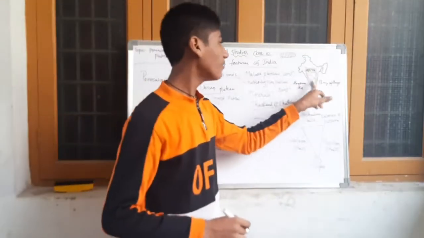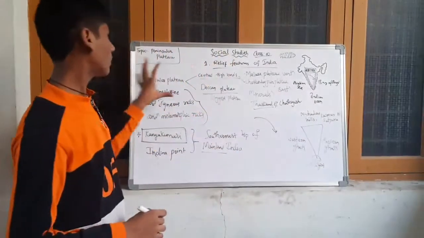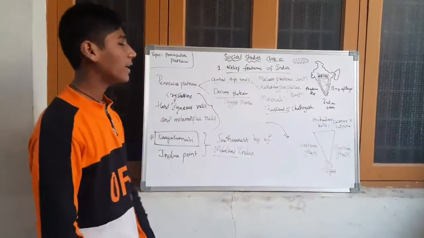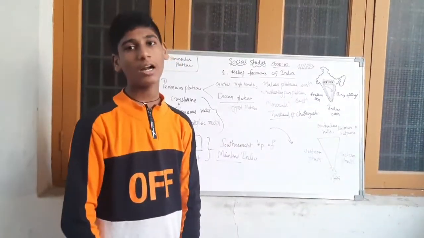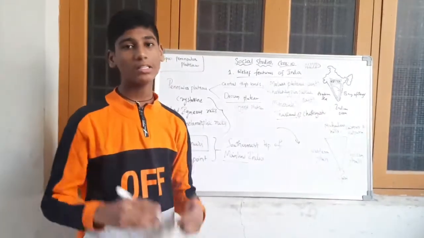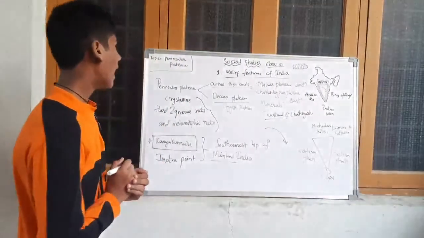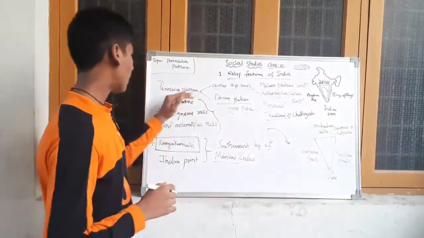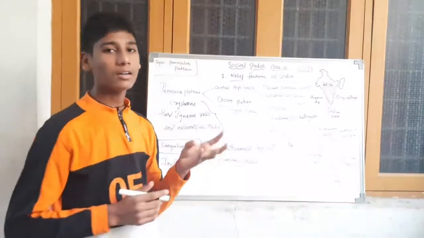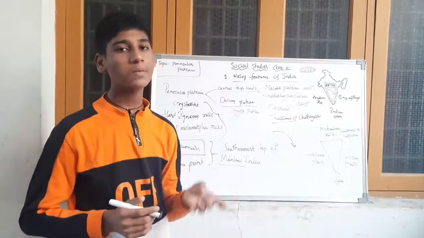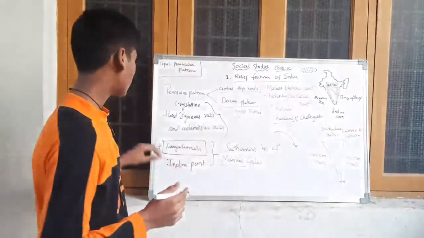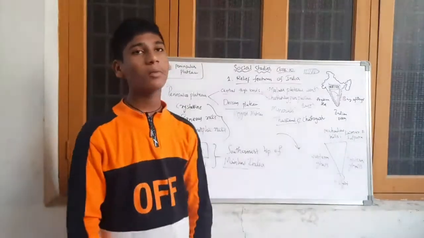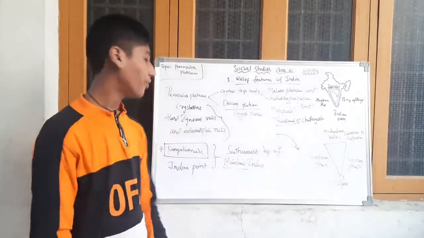So these are the Western and Eastern Ghats. And about the total plateau, once again, what is peninsular plateau? Peninsular Indian plateau is also called the peninsular plateau. Why? Because it is surrounded on three sides by water. And the peninsular plateau is famous for black soil and it is composed of crystalline rocks, metamorphic rocks, sedimentary rocks and hard igneous rocks. And Kanyakumari is called the southernmost tip of the mainland of India.